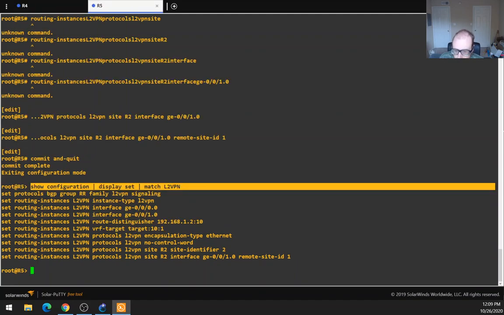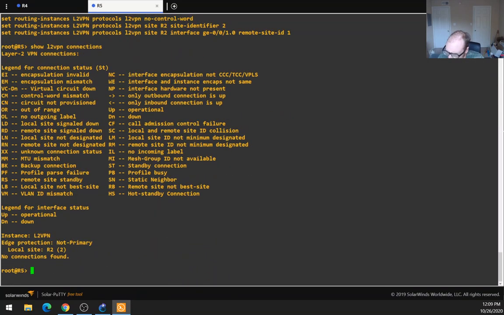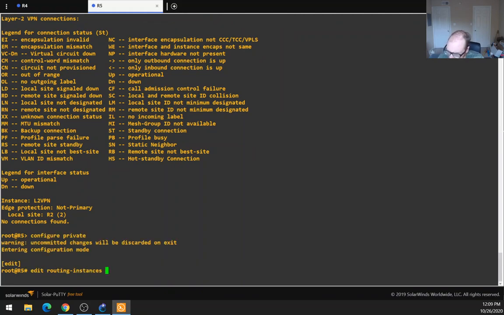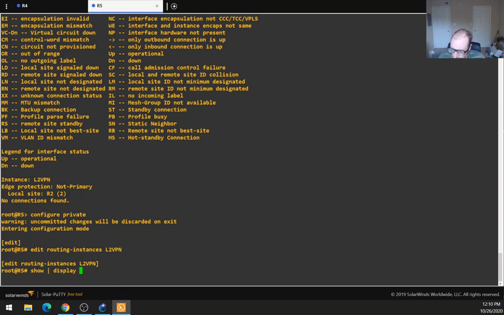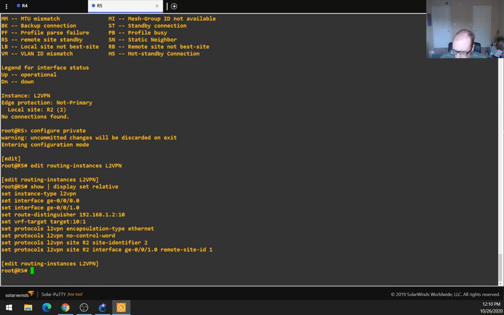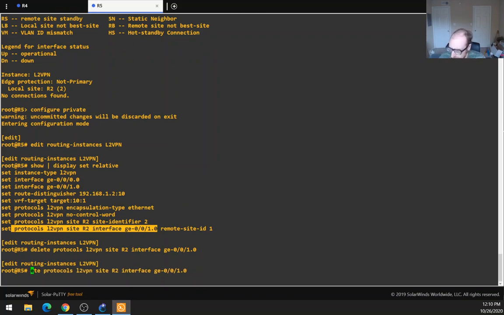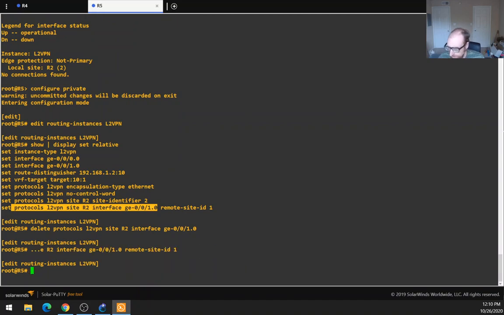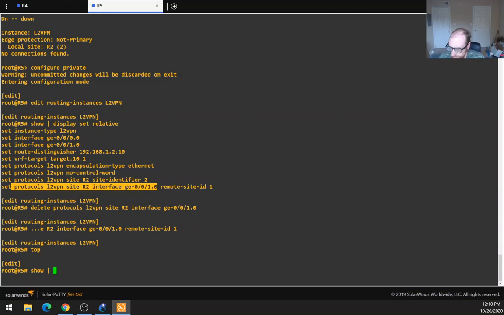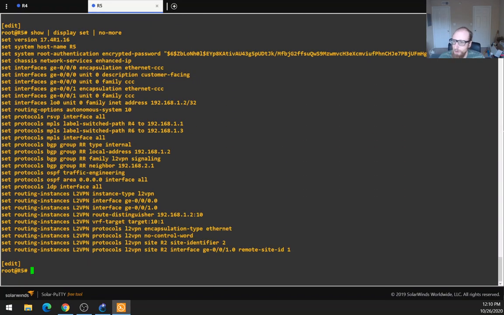Let's try making that the customer interface and see if that changes anything. Oh, and you know what? Yeah, so this is the iteration where we have